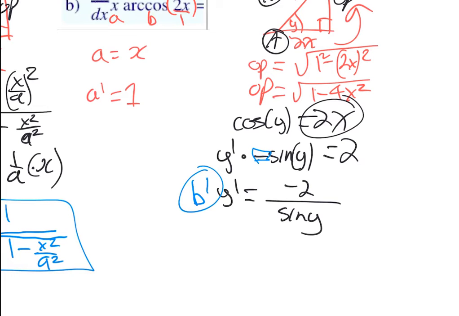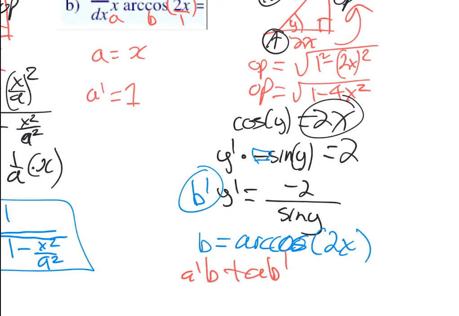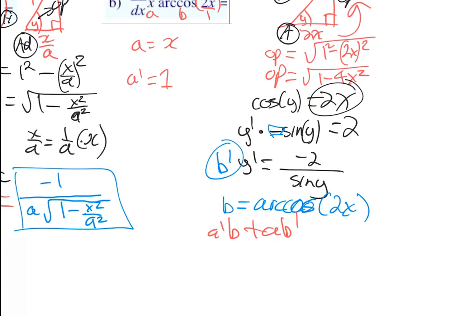And our b, we know, was just arc cos 2x. So the formula for the product rule is a prime b plus a b prime. So a prime is 1. We don't need to worry about that. B is arc cos 2x. So the derivative is going to be arc cos 2x. And then it's going to be, oh,